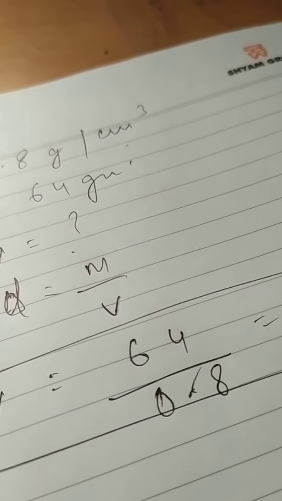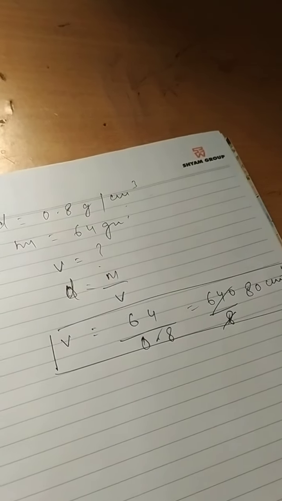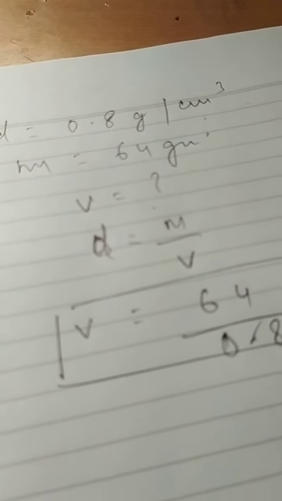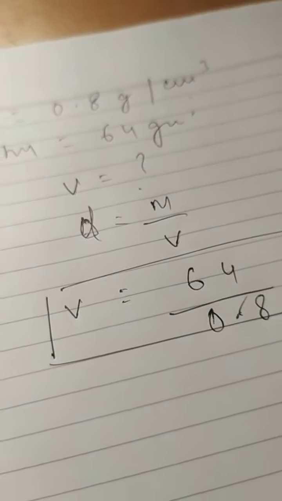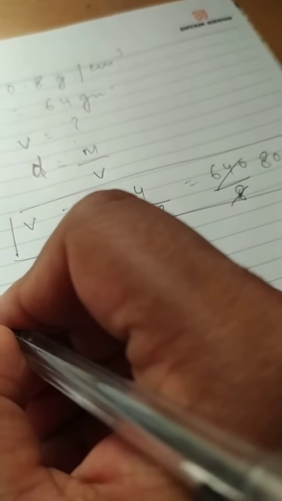Now, we will talk about how we will measure the density of an irregular solid with the help of a Eureka can. Eureka can is basically a device which is used to find the volume of the substance. So, with the help of Eureka can, we will find out a numerical value.